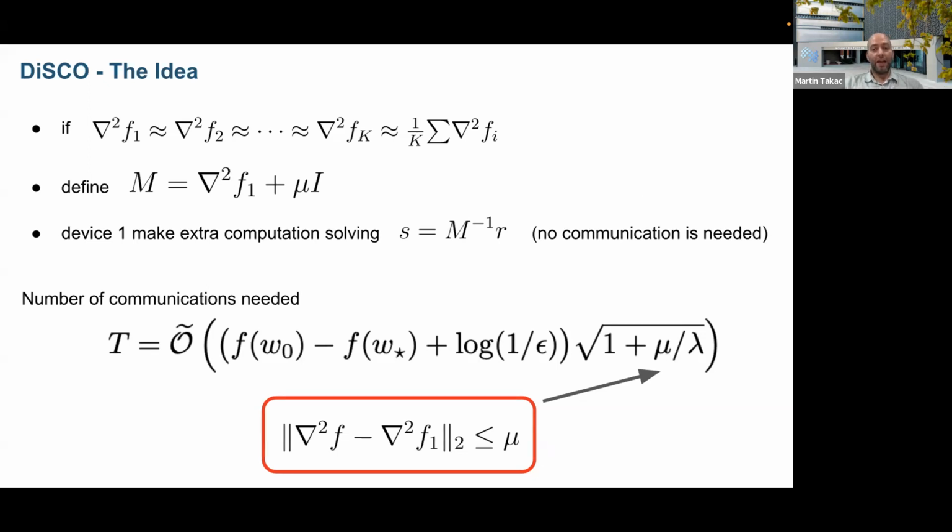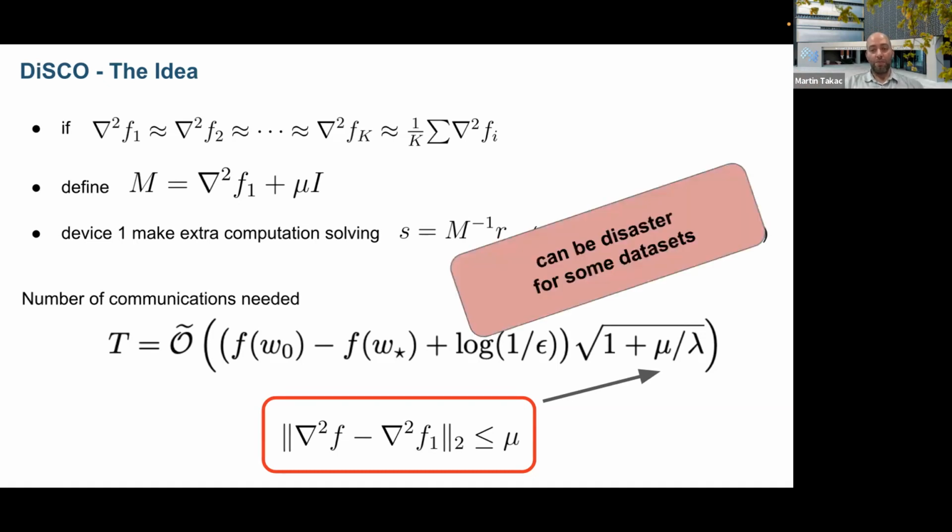Which also makes sense. Because in this case, I really just use Newton method. I just need to use only one CG step, right? So therefore it's almost like perfect. But again, this is not really true for many different data sets when we don't have this condition. In the worst case, maybe mu will be super large, right? And therefore you will need a lot of communication. So we didn't really gain anything, right? It's still basically almost like accelerated gradient descent or basically proximal skip, where this one becomes almost like some kind of L over mu. So this can be very, very large, okay?